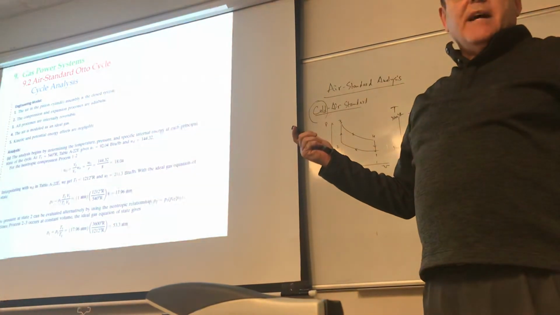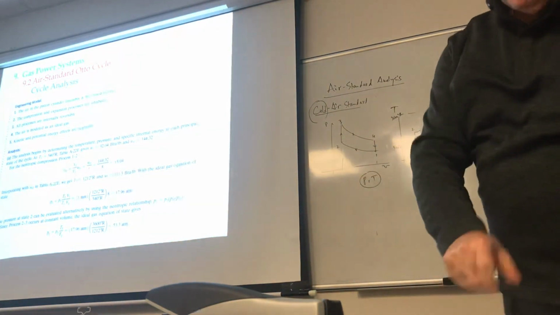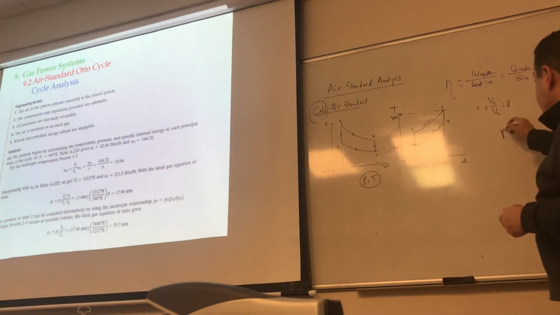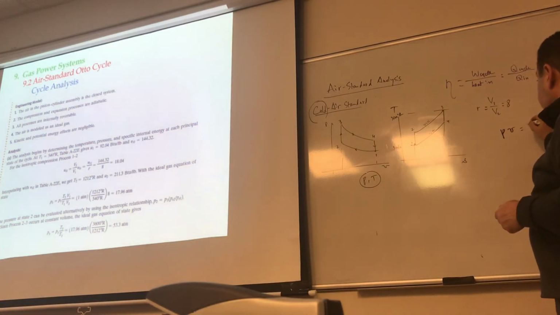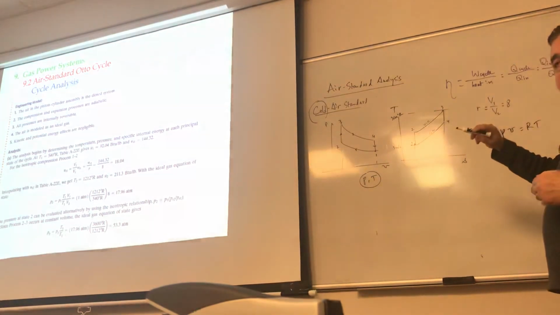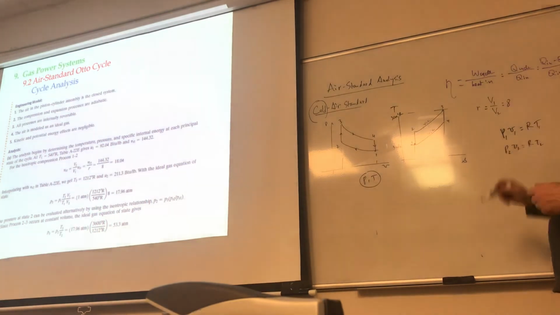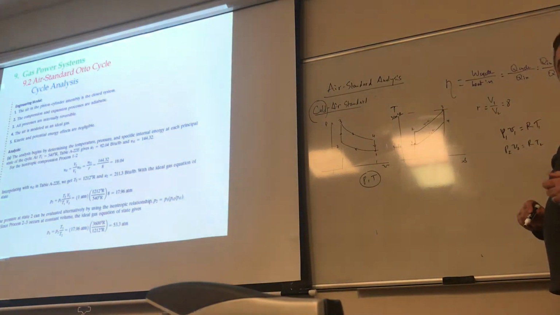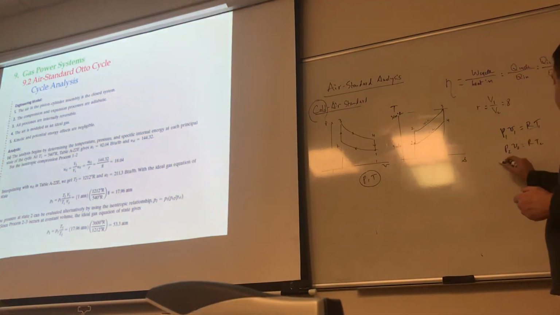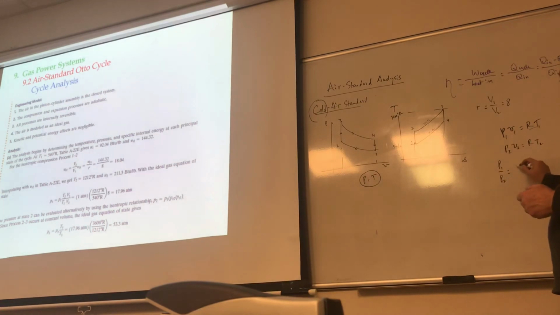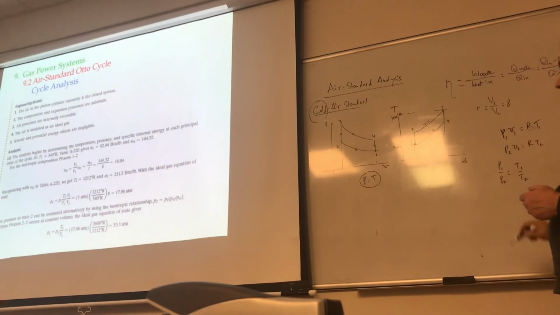And it's an ideal gas. What is an ideal gas? PV is equal to RT, right? But P1 V1 equals RT1, and therefore P2 V2 is equal to RT2, right? So, but the V's are between 1 and 2. Is the V changing? No. So if I take the ratio of these two, I get P1 over P2 is equal to T1 over,